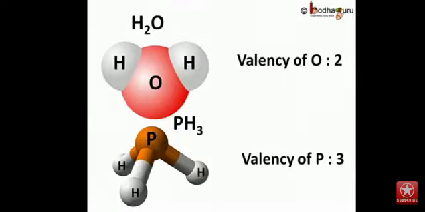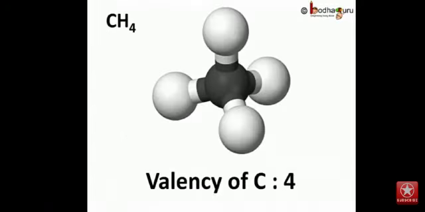In case of water, that is H2O, oxygen can combine with two hydrogen atoms. So its valency here is 2, as one atom of oxygen combines with two hydrogen atoms. But remember, an element may have multiple valencies. Let us see methane. It has chemical formula CH4. So the carbon atom combines with 4 atoms of hydrogen. This means the valency of carbon is 4.